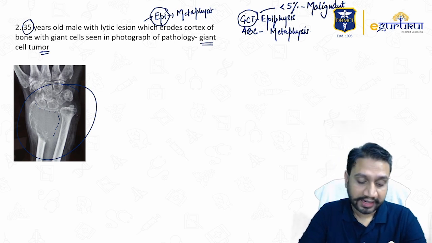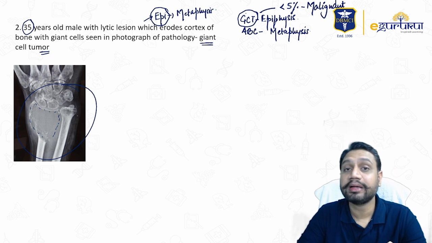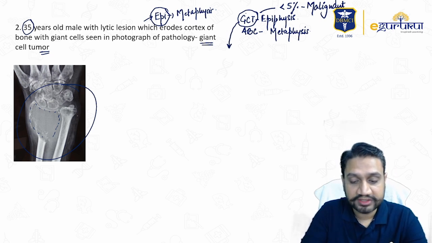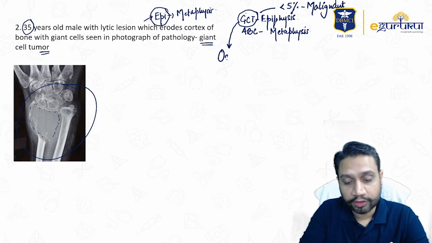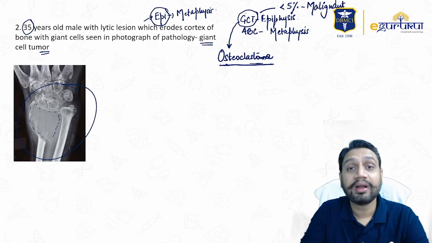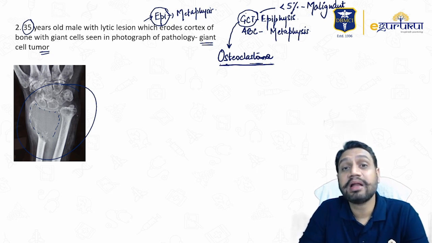It is okay. And there is an expansile lytic lesion. You can all appreciate the epiphyseal area, right? So lytic lesion, the giant cell tumor. What is the other name for giant cell tumor? You all know? Osteoclastoma. So it has to be a clastic lesion. It has to be a lytic lesion in comparison to the other epiphyseal lesion, which is known as the chondroblastoma. That is supposed to be a blastic lesion.